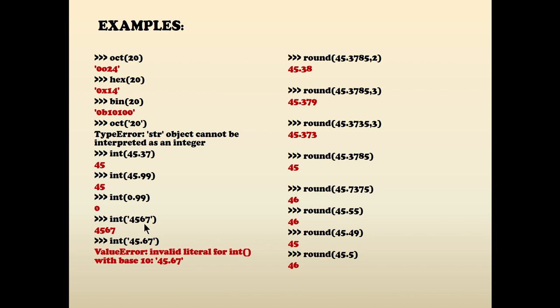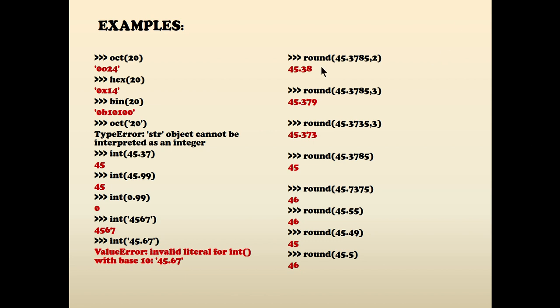And then int of 4567, as we already know, when you give only numbers in a string, it will accept that. Again, you cannot use a decimal point in the string. When your int function accepts a string, it will accept only the whole number, not any decimal notation. If you plan to give decimal notation, then it should be a number only. In string format it will accept only numbers without any decimal point. I want you to be clear with that, which is why I have given this particular example.